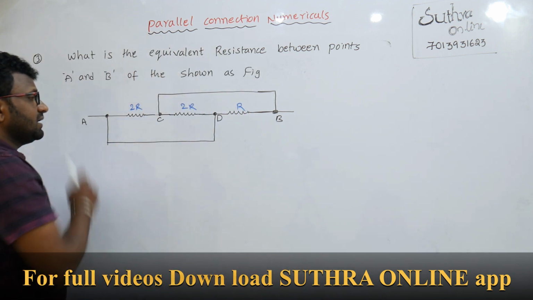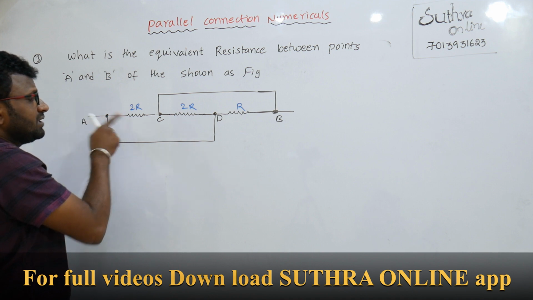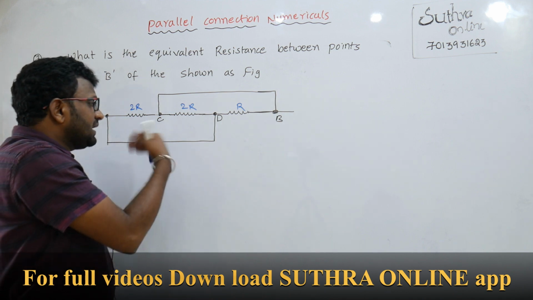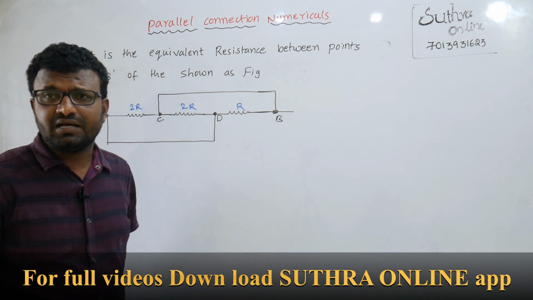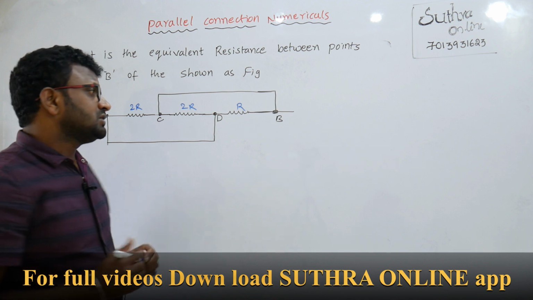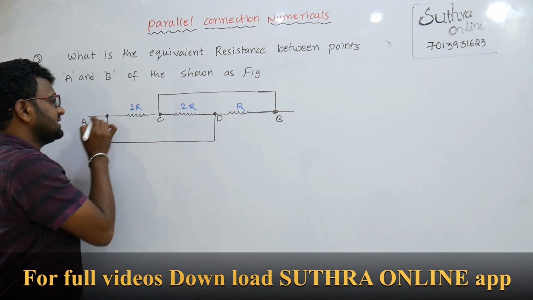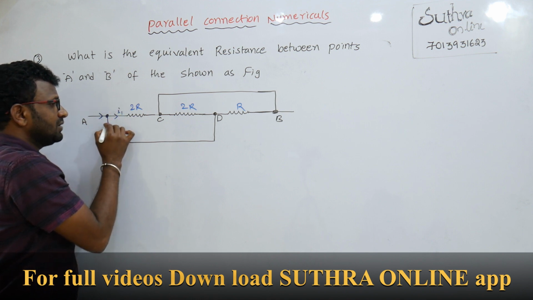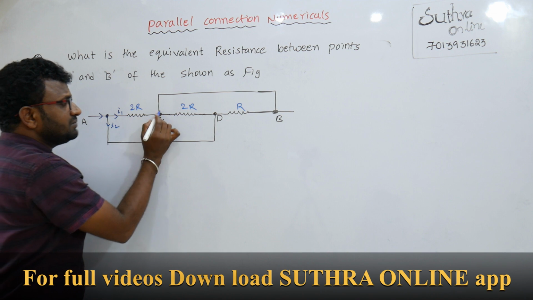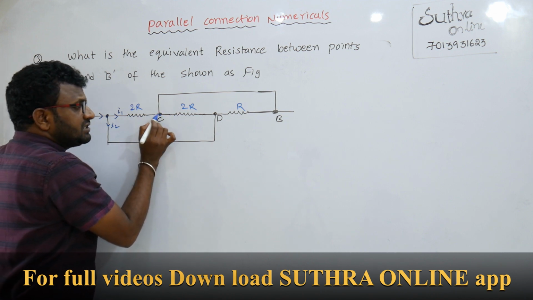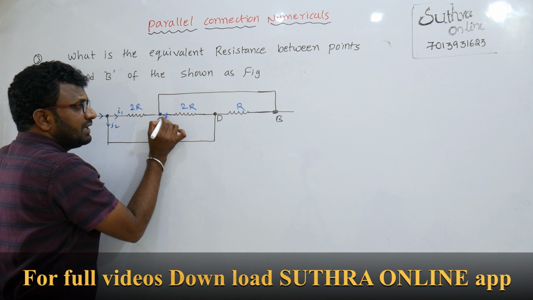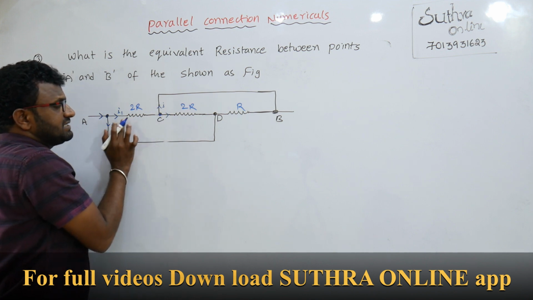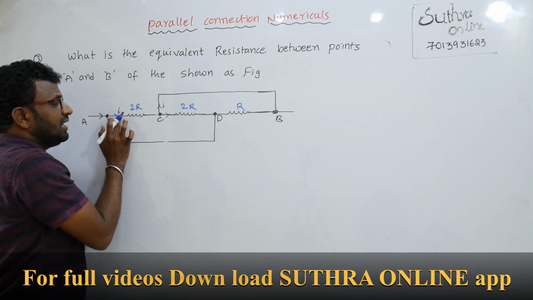If you observe the diagram, three resistances are there in the circuit. So are these connected in parallel connection or series connection? Initially we have to find that. For example, I am going to take this junction. At this point the current is divided into two parts, I1 and I2. When it comes here also, the current is divided, dividing through each resistance.